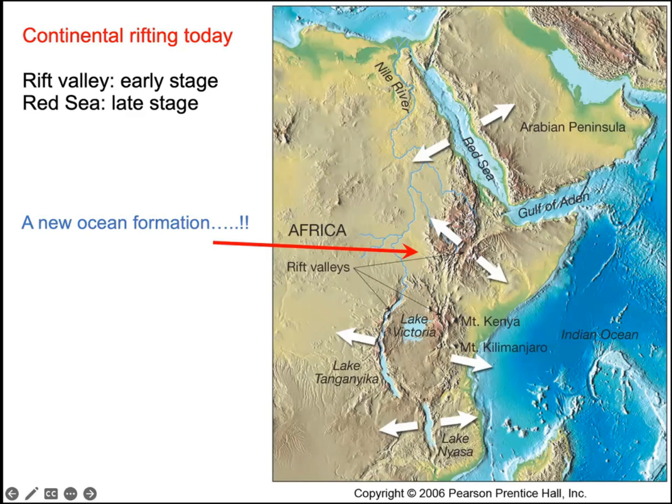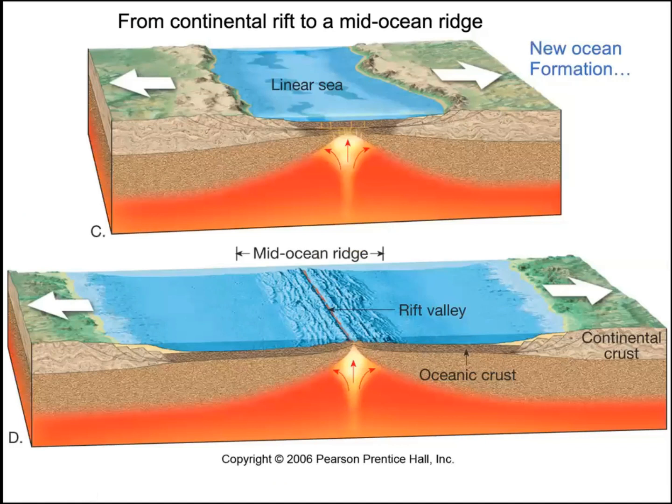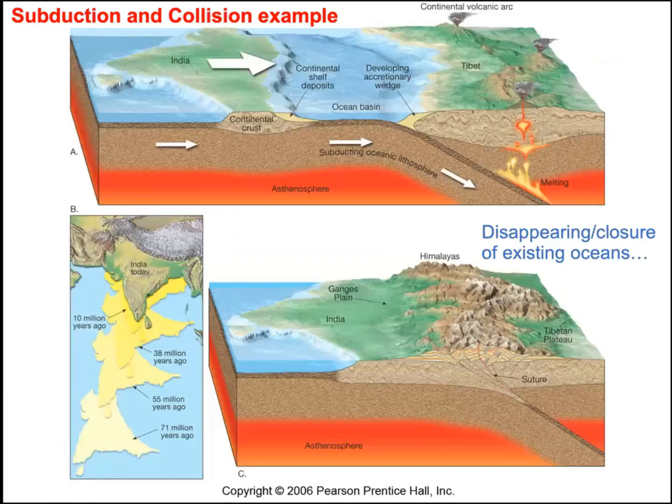Okay, so these dynamics are taking place throughout time, and you can see new ocean formation in this type of tectonic setting. New ocean forming is visible, as well as in subduction zones. If you go to a subduction zone where the oceanic plate goes down, whatever continental parts are being dragged with this ocean plate will be coming closer. So this drifting of the continent will come closer and closer with time,